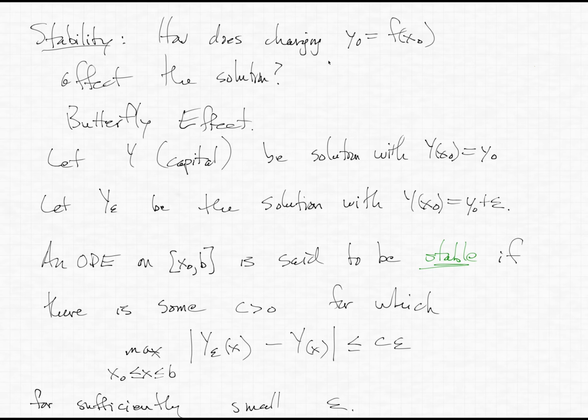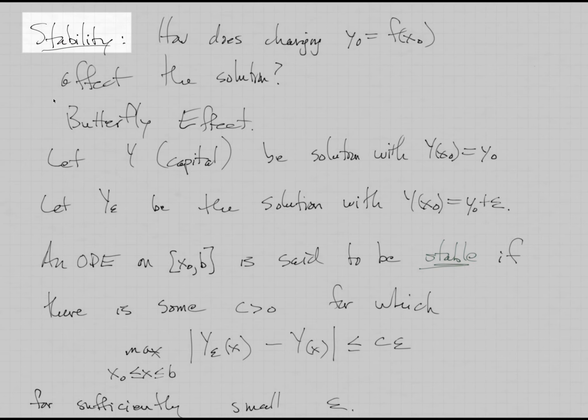Okay, now there's one other topic that the author mentions in the textbook that I should go over, stability. And it basically corresponds to the butterfly effect, right? What happens if you make a small change in the y value at the beginning? How big an effect can that have on the solution overall at later points in its evolution? So one way to analyze this